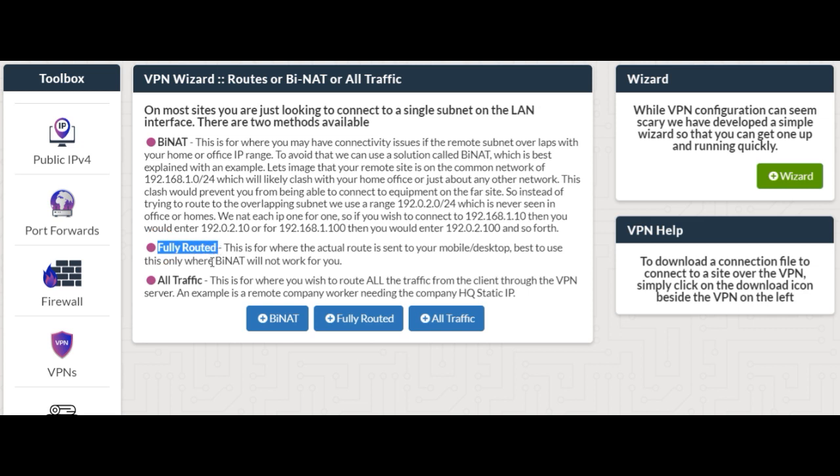Fully routed is where you are only routing certain routes into it, so you might decide to route, say, maybe 5 or 6 routes within the office network or the local LAN network you want to route to it. And then BiNAT. BiNAT is probably the most used for smartphones, and the reason is very simple. If your remote site is on, say, 192.168.1.something, and you're in your friend's house and you try and start your VPN on his Wi-Fi network and he's also on 192.168.1.something,